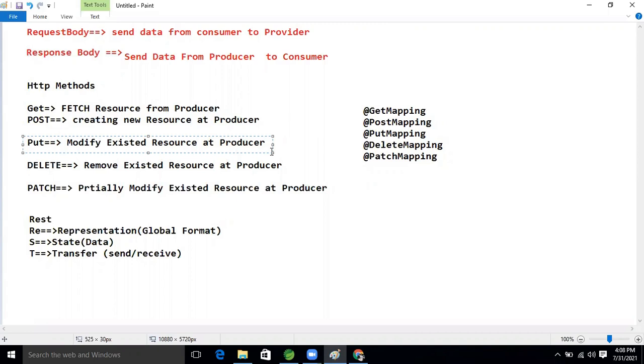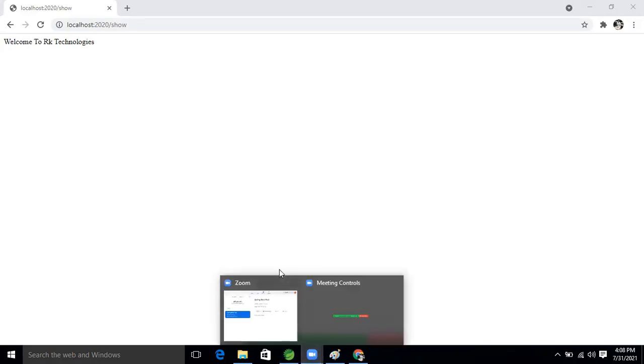Don't worry, I will explain at the practical. I have just implemented only one application. Don't hurry, I will explain each and everything: the difference, what is the use, why we are using it, what is the problem.